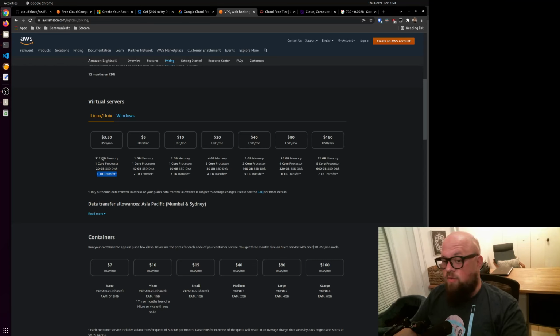You get 1 terabyte with their cheapest option. And it's not going to be pretty, but you can run Cloudblock with this smallest instance. Cloudoffice, I would suggest you stick with 1 gig of memory or more. Pretty cool.